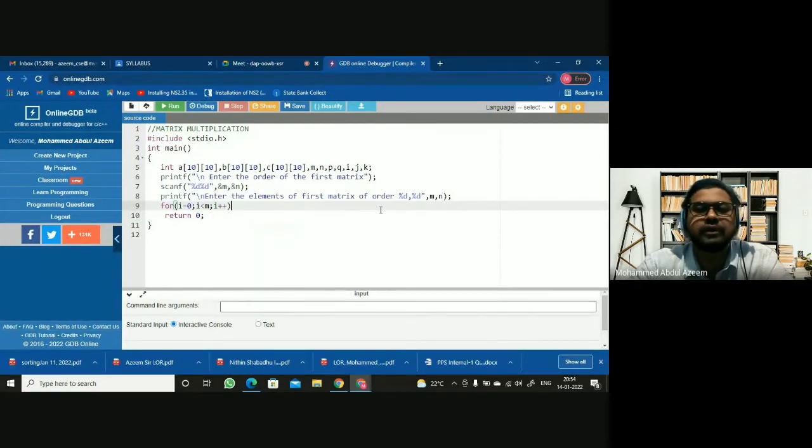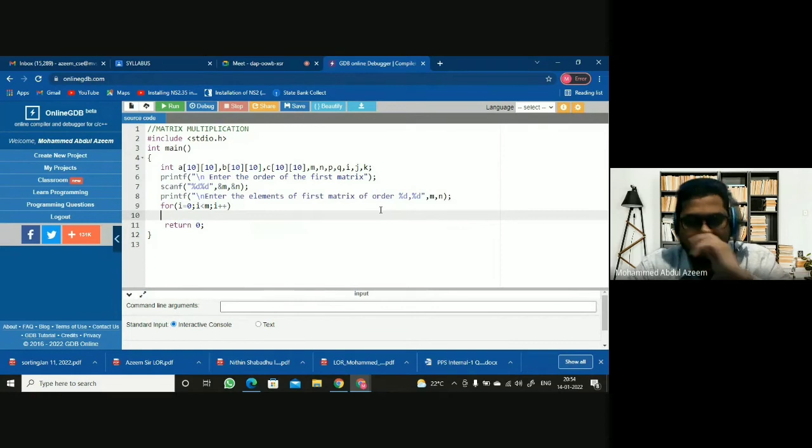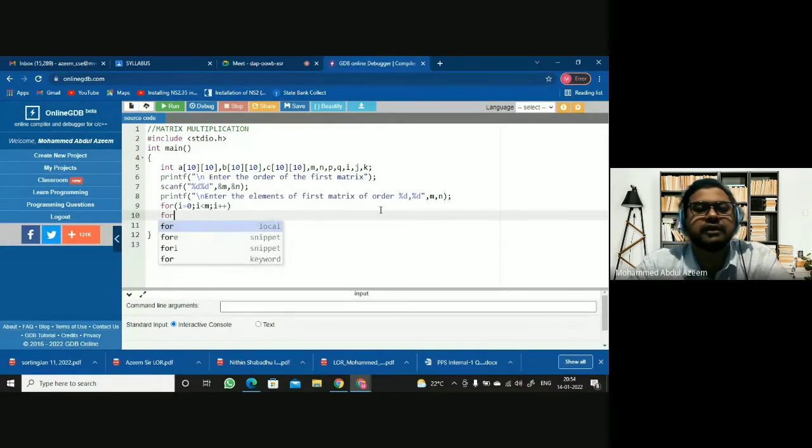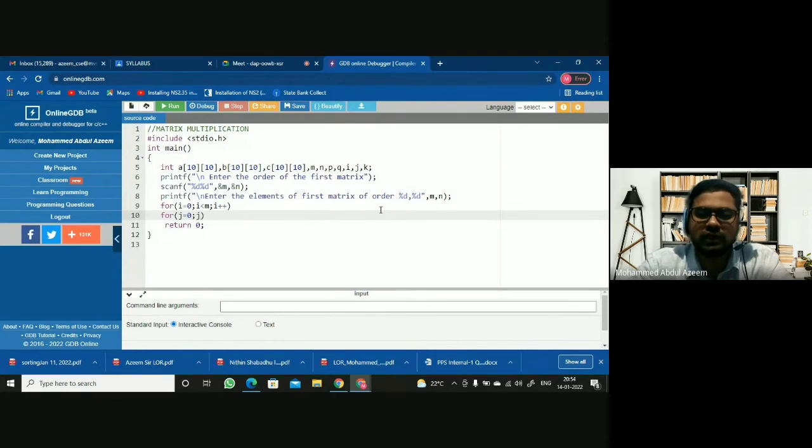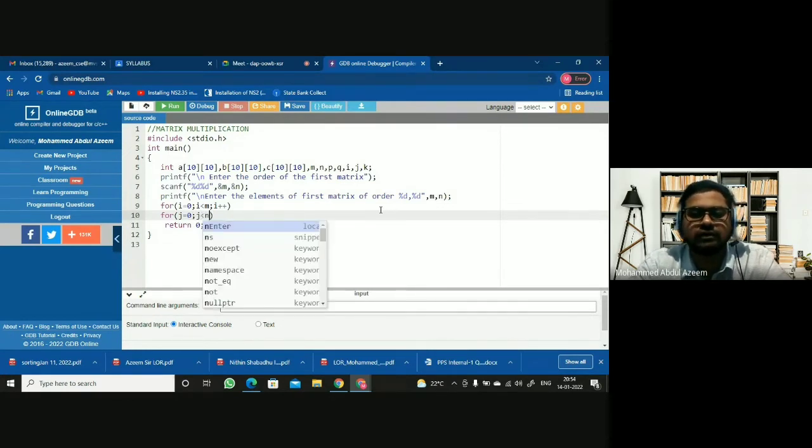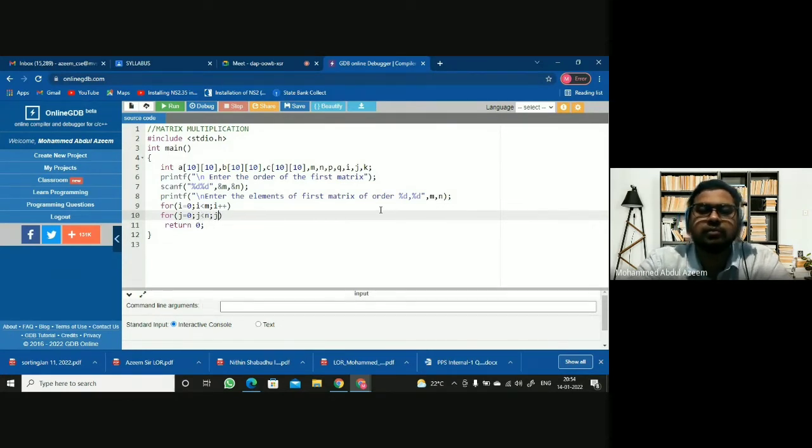Similarly, what is the column size we have read here? n, right? So j equal to 0, then j less than n, then j plus plus. Yes or no?